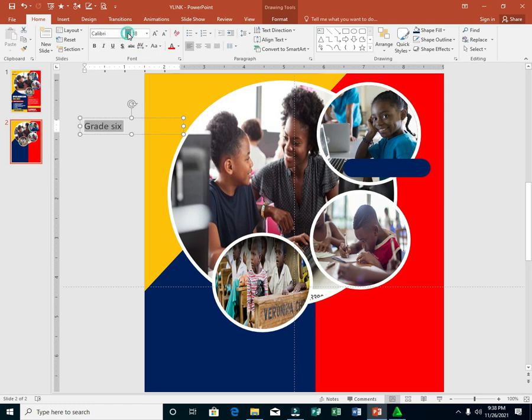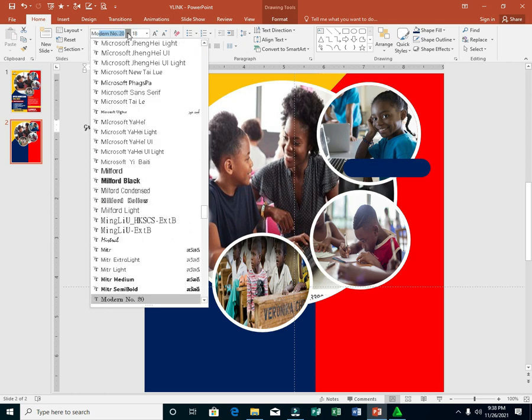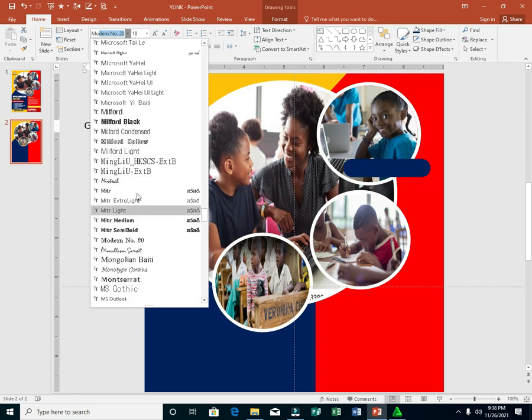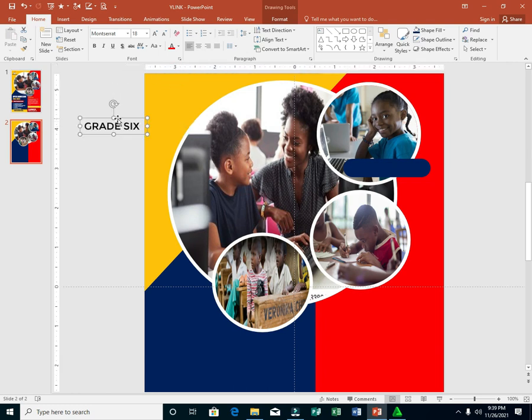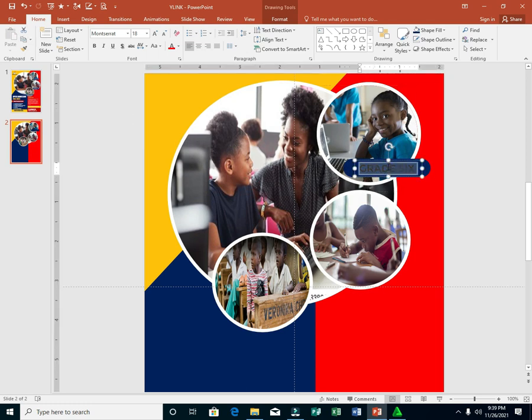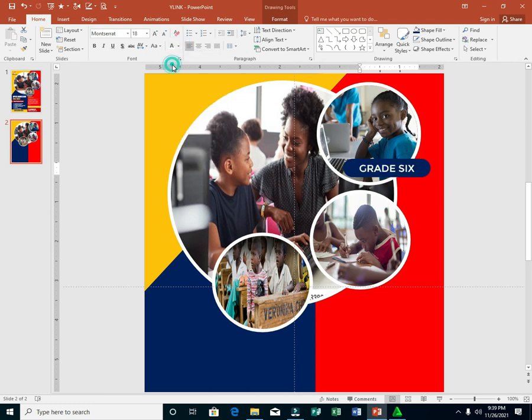Then I'll come here to font style, and then I need to use Montserrat. So I'll select Montserrat, and then I'm going to make it capital, so I'll click here uppercase like so, and then I'm going to adjust a bit, then I'll drag it inside here, and then Control A on my keyboard, and then I'm going to change the color to be white. Perfect. Right, now from here